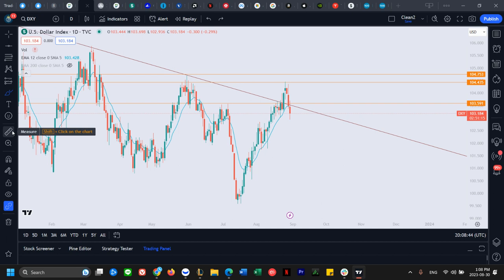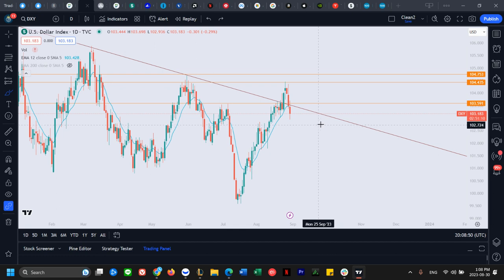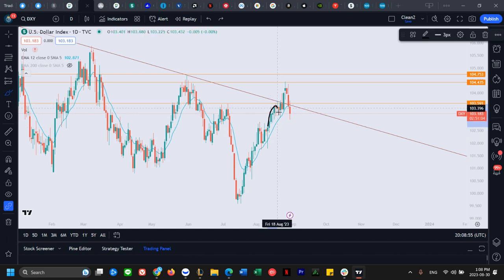And if the dollar continues to stay weak and confirms a daily downtrend, then we're very likely to get more bounce on gold and silver. And I talked about this yesterday, where this could potentially be a head and shoulders. It is still potentially a head and shoulders, because this drop here is pretty much a bounce at the neckline. So now when we bounce here, let's say we bounce here tomorrow, are we going to form a rejection from this maroon looking line, or over here, rejection from the 103.5 into Friday, and then pull back? And then if we pull back and come down to this neckline,